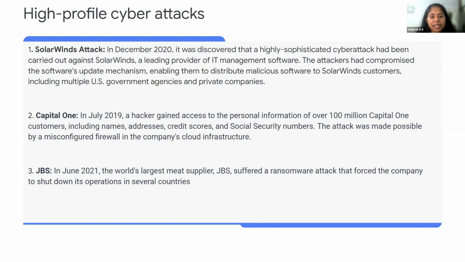JBS was again a ransomware attack. That means somebody got hold of the data, and then they had to shut down their operations, because data is definitely the lifeblood of any business. If you don't have your data, your business comes to a standstill, right? That is why ransomware attacks are very effective, because most of the time, companies pay the ransom quietly so that they can bring their business back online. When they compare the ransom with the business loss, they might find it better to pay the ransom and get access back to the data. But that's an unfortunate situation. Ideally, it should not happen, because you should have enough security controls in place to avoid such a situation.